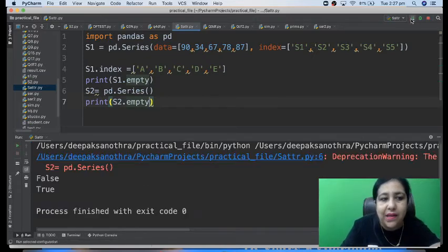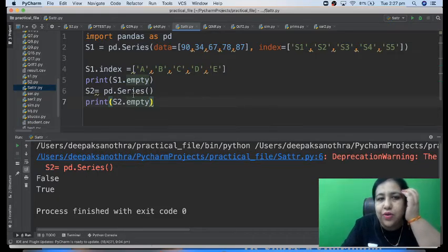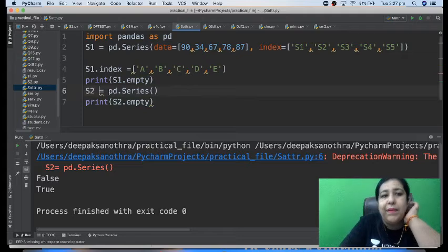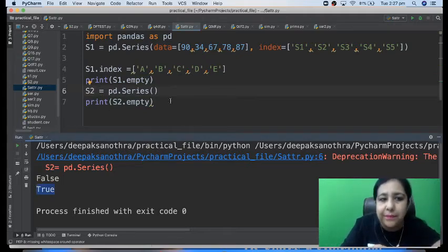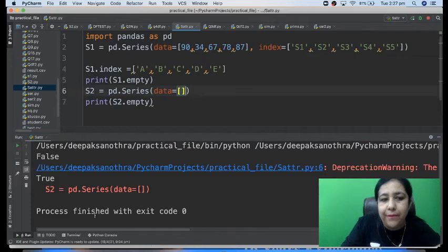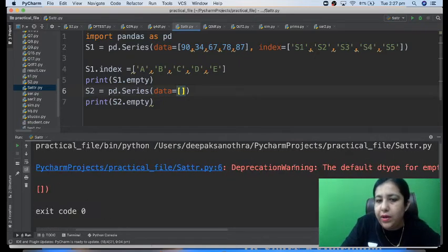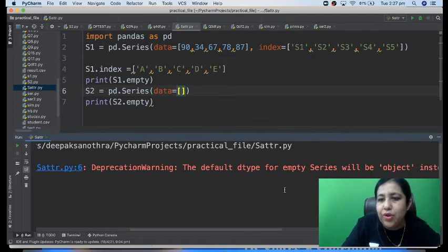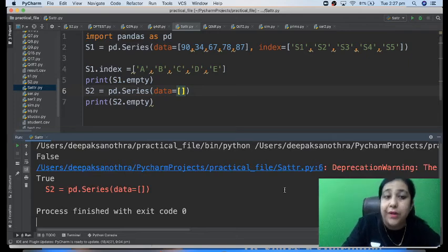So when you run this, you will see that the first one is giving false, the second one is giving true, although we also have an error that you should not create a series like this. Fine, but still it is giving true because the series is empty. Or I could write like this so that you still get the error. But yeah, we are getting false, we are getting true, so it is saying deprecation warning. So this is not an error. There is a difference between error and warning. So a warning says that you should not do it, but still the program continues. If it is an error, then it will terminate in between. It will not let you do anything.